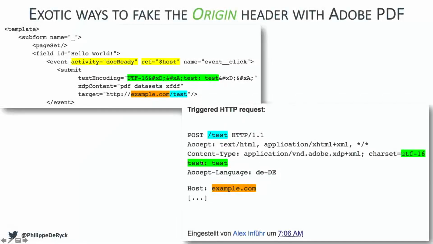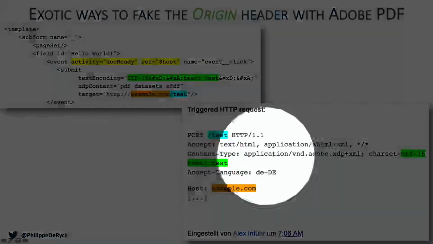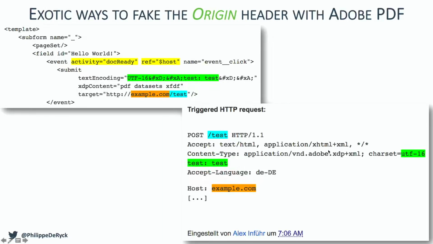So with this technique, you could inject any arbitrary origin header you want. That's why your API needs to enforce content types, because the content type will say it's coming from Adobe, or it's expecting some Adobe stuff. I don't know anything about Adobe PDF, so no idea there. But it actually tells what's happening, but if your API doesn't enforce this, you might be vulnerable here again.